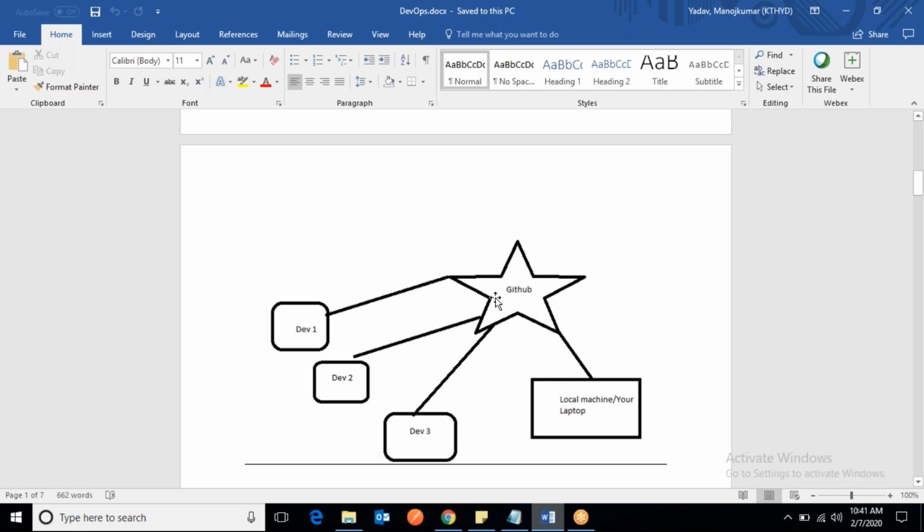Means the centralized repository, because those changes should be here in GitHub, whoever works. It should always have the latest code from the development. That's how you have integration and deployment, because this GitHub code will be deployed somewhere else, in some QA environment or production.